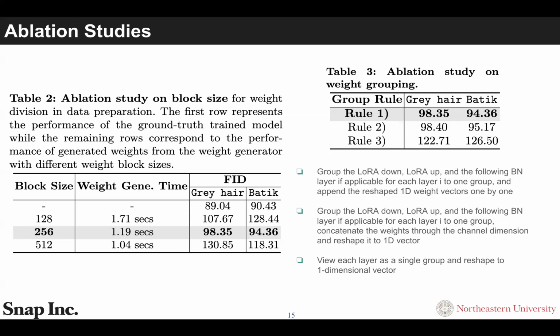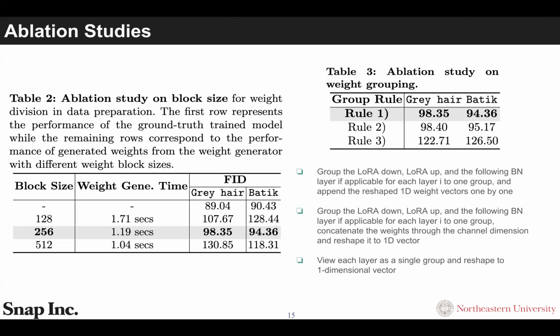And as for the weight grouping, we study 3 different rules. The first is to group the LoRA down, LoRA up, and the following BN layer, if applicable, for each layer into one group. Then we append the reshaped 1D weight vectors one by one.